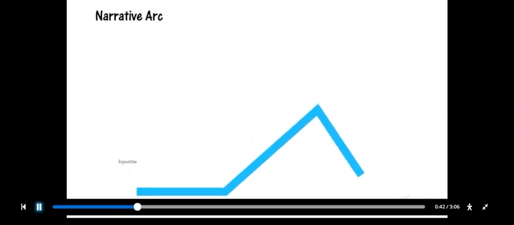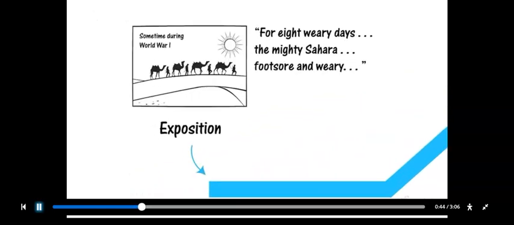The story begins with the exposition. The setting is the Sahara, where a group has been traveling on foot for 8 days. World War I is famous for trench warfare, and this story's from a collection titled Made in the Trenches. Anyway, the group has very little food and water, so they need to reach an oasis soon.